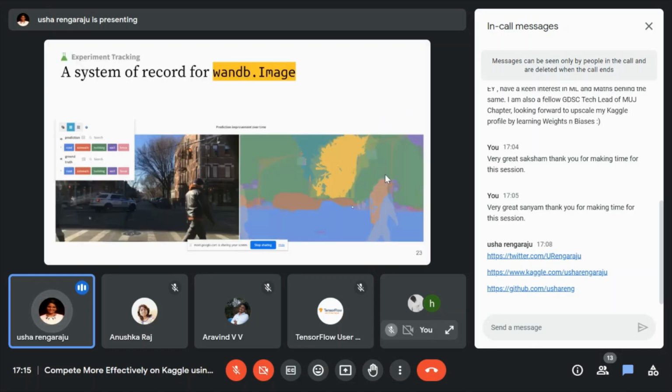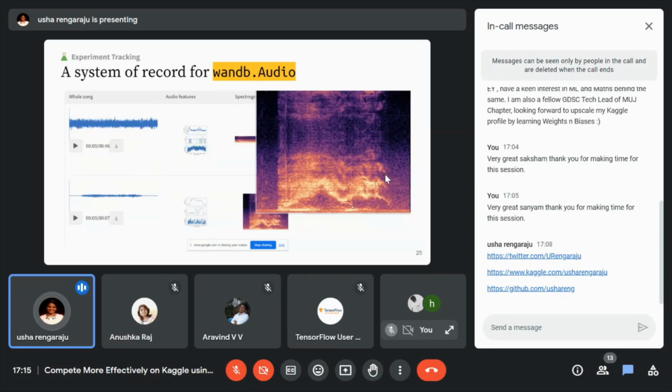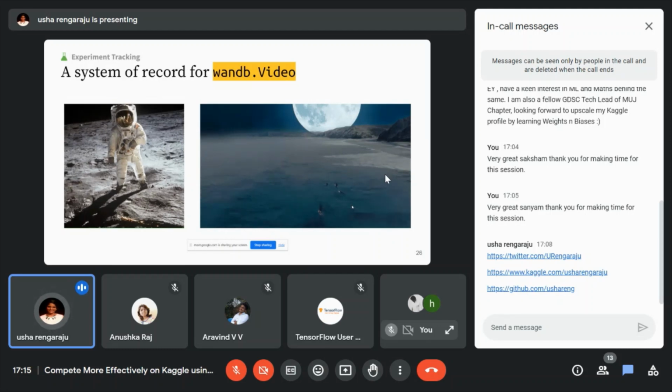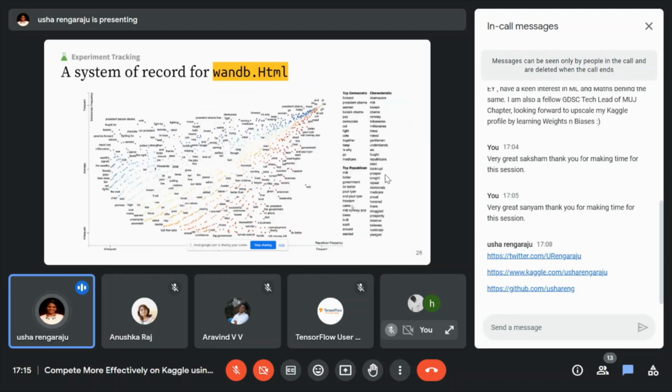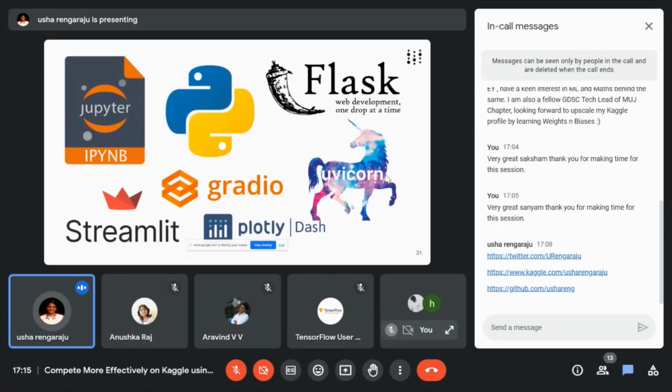So Weights and Biases has support for all types of data. It is not just for tabular data. If you want to track images, you have support for images. If you want to do anything with 3D objects, there's support for 3D objects. If you are having an audio based project, there is support for audio based projects also. If you are doing a video based project, there is support for video based projects as well. Or if it is some kind of text, you have support for that. Or any format like HTML or whatever format you have, there is support for every type of data and